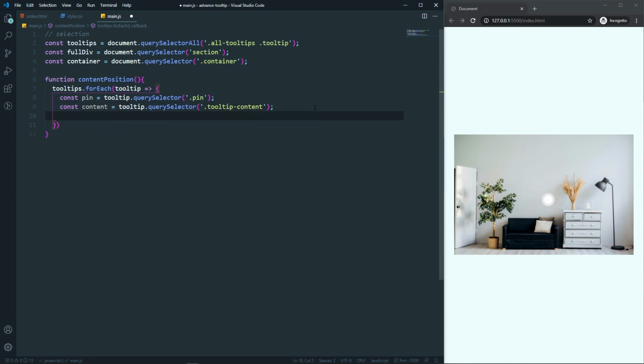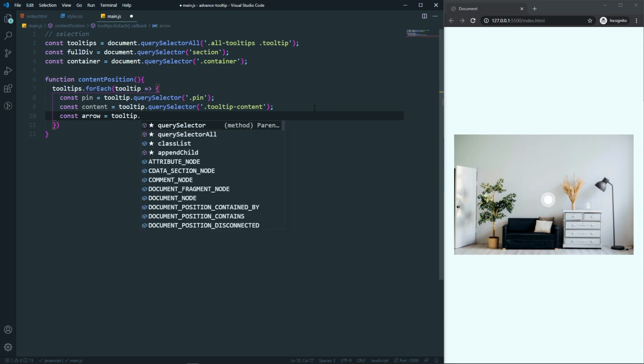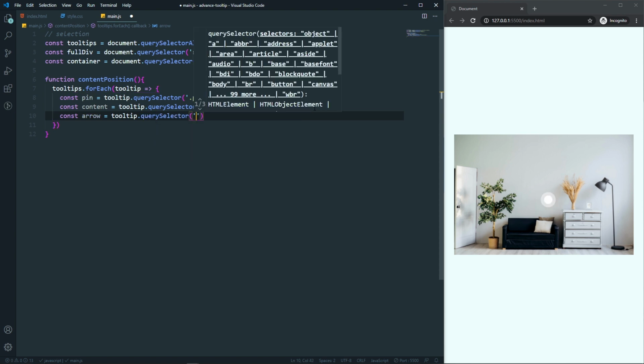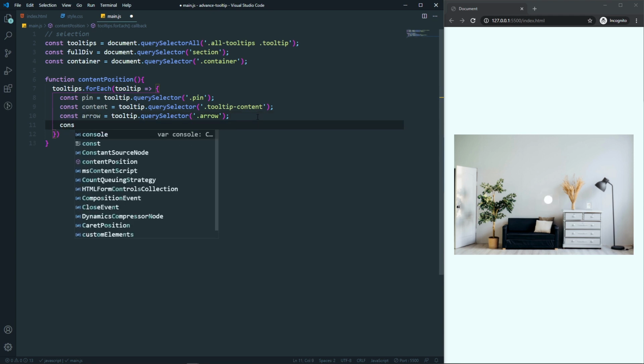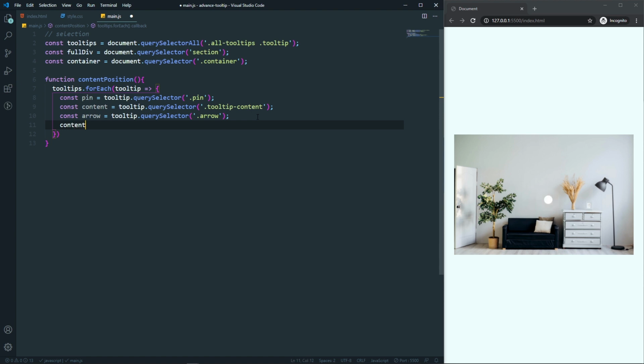And after that let's also grab the arrow. So arrow here, it's in the tooltip dot query selector and I can say something like arrow. So now we have the arrow from the individual tooltip. After that we will position our content here. So first of all, the content dot style